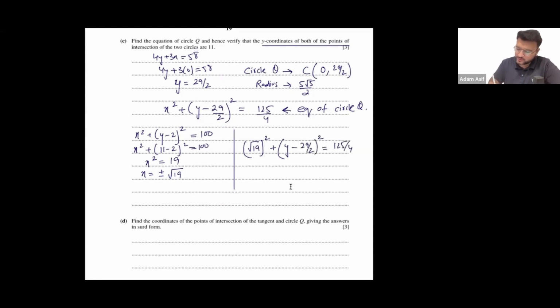ठीक है, so 125 upon 4 minus 19, that's 49 upon 4, taking the square root. So square root of 49 upon 4 is 7 upon 2. 7 upon 2 plus 29 upon 2, and y equals to minus 7 upon 2 plus 29 upon 2. So ये तो 11 आ रहा है।